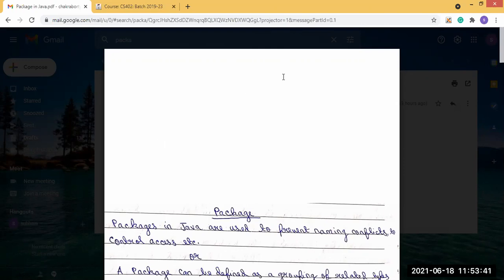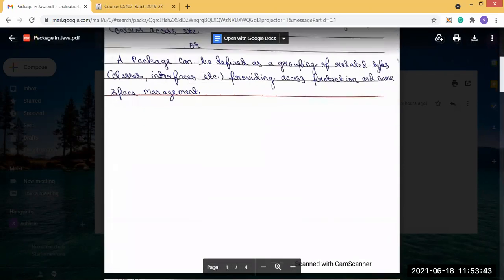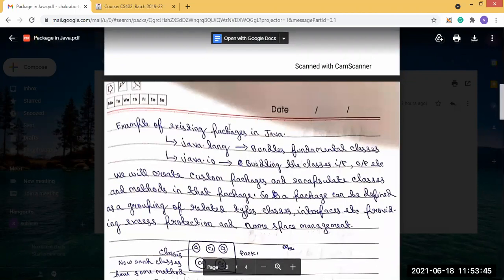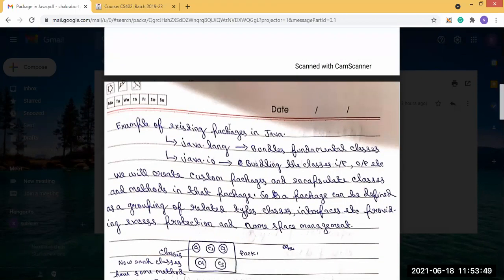So what does that mean? Let's take some existing packages in Java, such as java.lang and java.io, which we have seen till now.